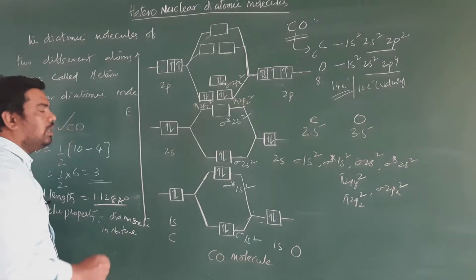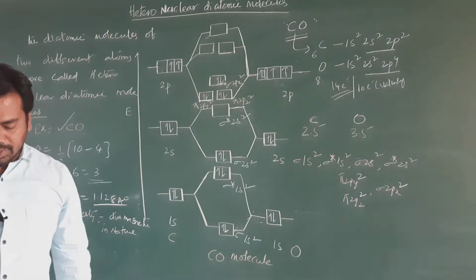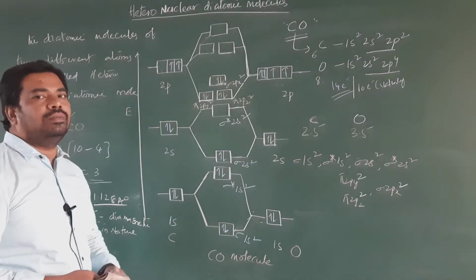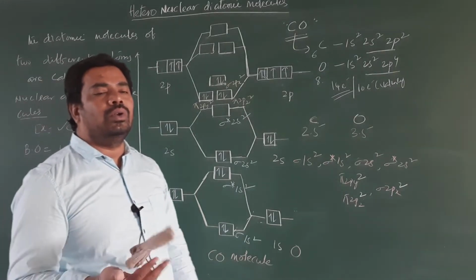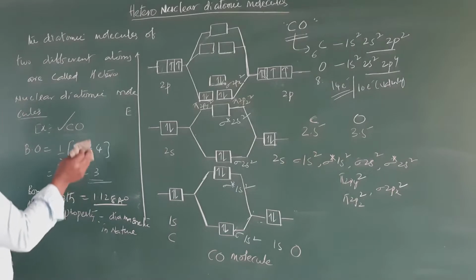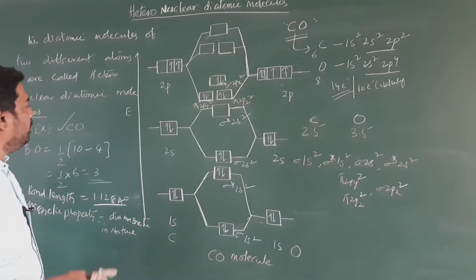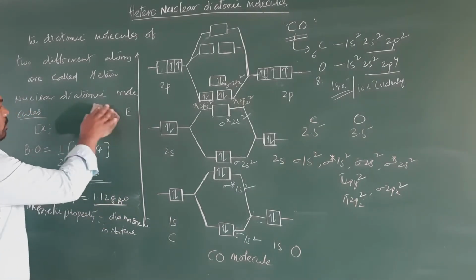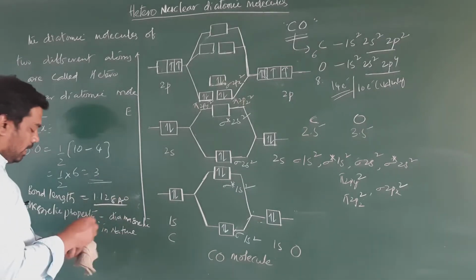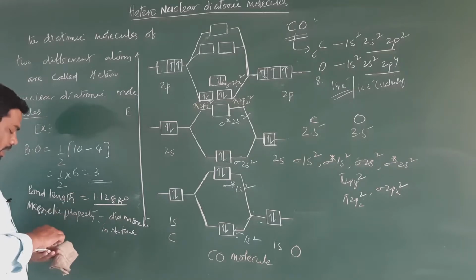So this is the construction of the CO molecular orbital energy level diagram. Clear, student? Right. This is one of the examples of a heteronuclear diatomic molecule. Clear. So we will move to another species with the same isoelectronic configuration. The example, student, is